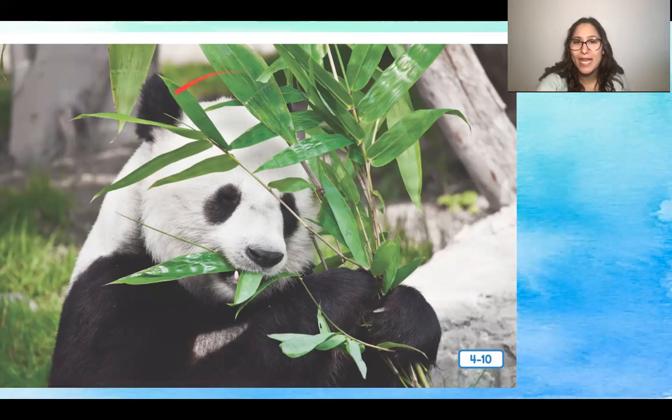Do you know what a panda eats when it is hungry? Yeah, I see that this panda is eating some leaves. This plant is called bamboo. The panda is eating bamboo. It is a plant. Now I want you to think, if this panda only eats plants, does that make it